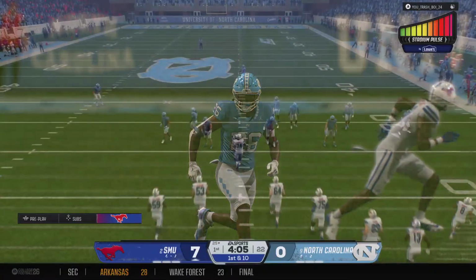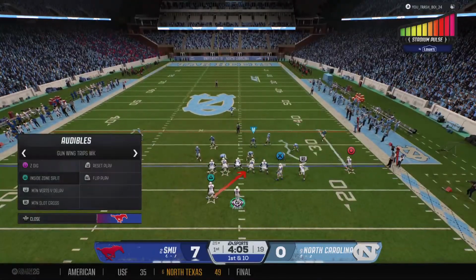Mustangs offense back on the field. That last touchdown